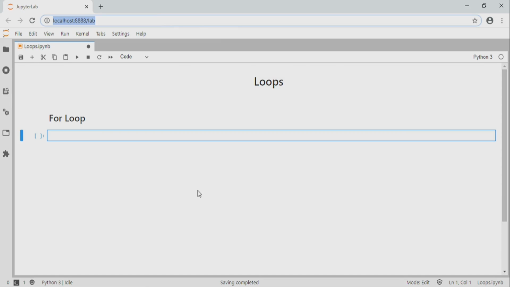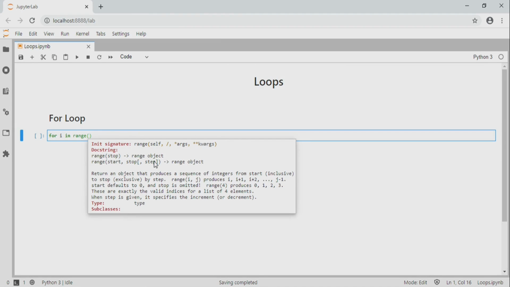Welcome back. So let's write our first for loop. For i in range. If we press Shift Tab, it will give us the help for the range function. The syntax for range is range, start, stop, and step. Okay, or range, stop. So range can take a single parameter, which will mean that this is the stop value,